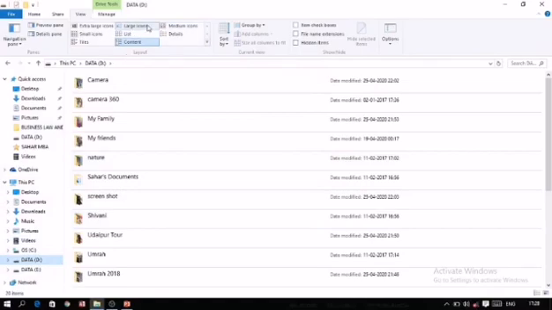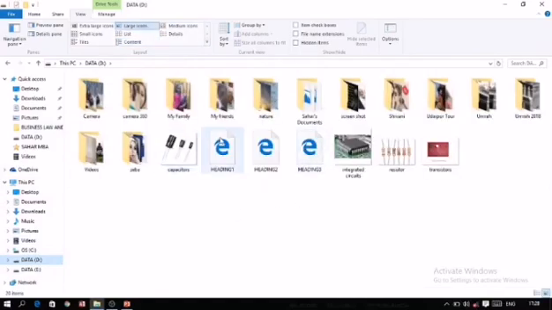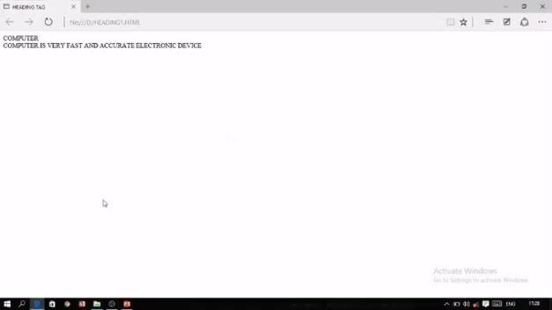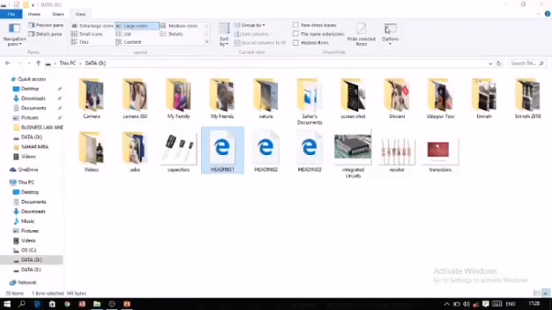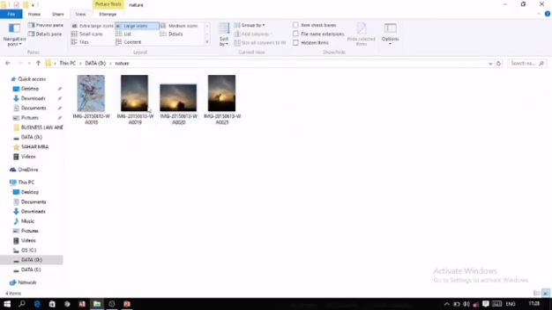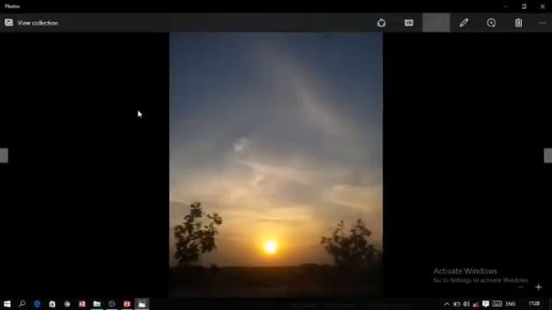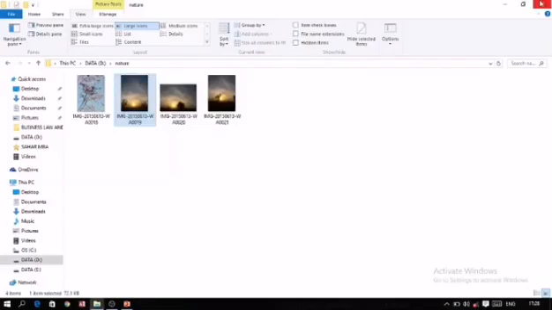Here I'm just clicking on the large icon. I want to open this particular file, so double click on it and the file will be displayed on the screen. So it's very simple. Just look at your particular file. Like I want to open this folder, double click on it, and different files are shown over here. Just double click on the file and the file will open on the screen.